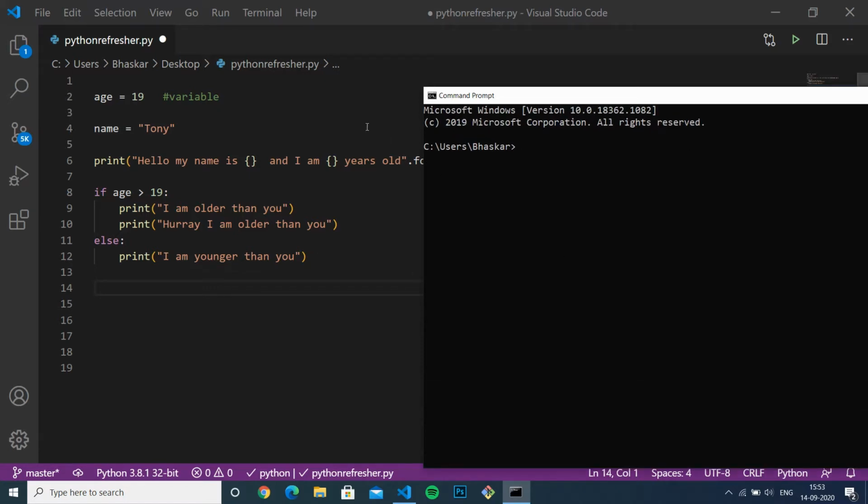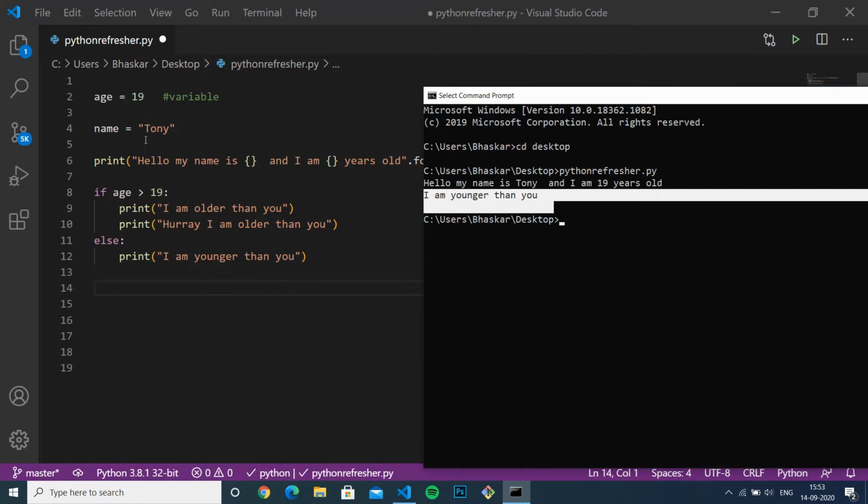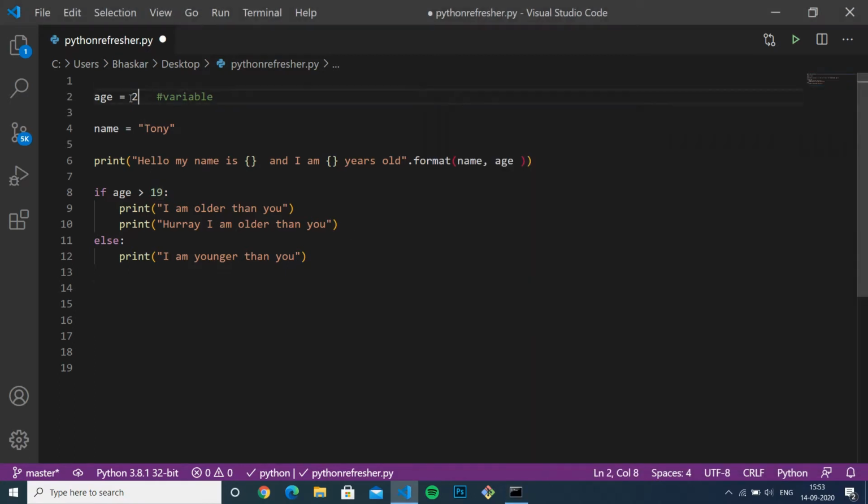So let's zoom into CMD. That seems very clear. I have it on desktop, so I'll do CD desktop. It's on desktop. What's the name of the file? It is python refresher.py. Boom. So here is the output. As age equals 19 and it is not greater than 19, it would give the output I'm younger than you. So if we do 25, for example,